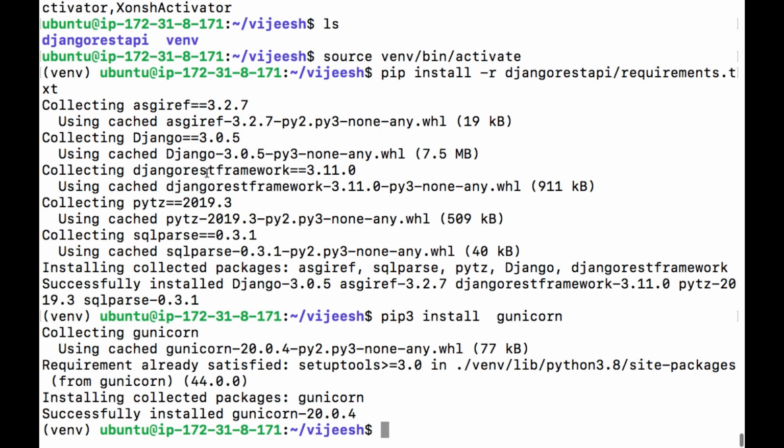Okay. To start the Gunicorn server, for that we can use gunicorn --bind. What is the IP address? 0.0.0.0, that is the default IP for the system. And what is the port number? I want this particular Gunicorn server to listen on port number 9090, and Gunicorn has to connect to the Django application. Django has to provide a WSGI file, right?